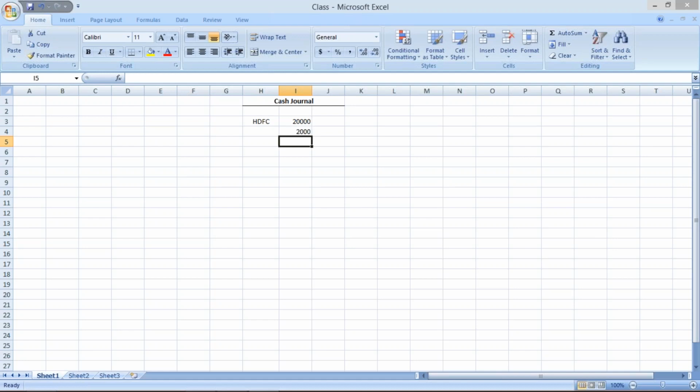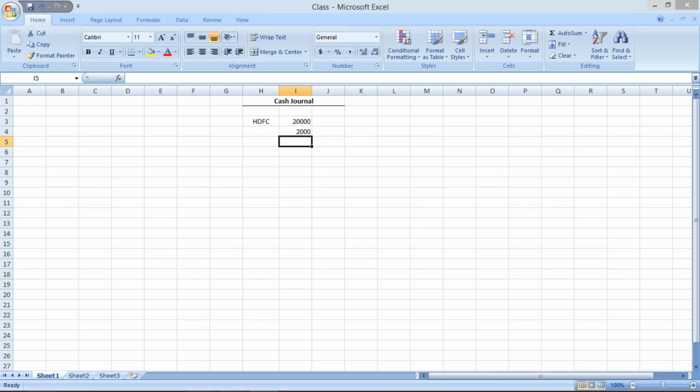But whenever any amount is withdrawn from the bank, we have to show that entry in our books of account. If we are going to record those entries, some accounting entry needs to be entered there.